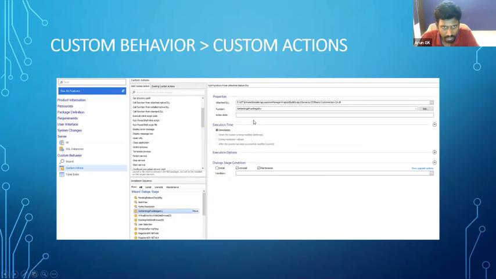Here on the screen I have one of the custom actions, that is we can add a C# method. We can create a bunch of C# methods in a DLL and add it to this installer, and you can use the method from that DLL, and you can place it inside any one of the sequences of the installation.